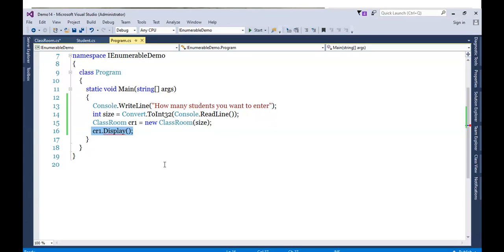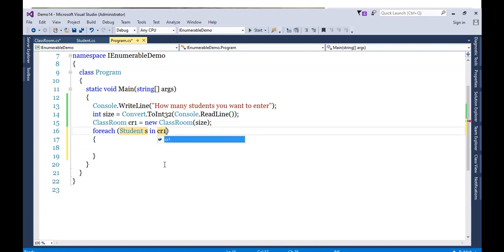Now this display is not available, so what I need to do, I already prepared a reference, so let's use foreach with CR1.